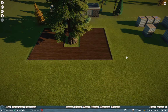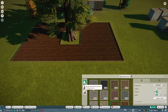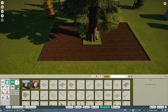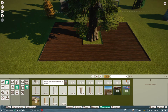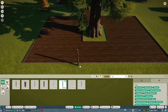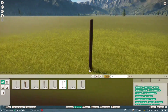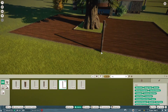Okay, so before we do anything, I want to try to make a sign. So let's look at our construction. This is one thing that I love about the game, is that you can be so creative with whatever you want. And I just love that. Log, because we're going for a northwest feel. So I think if we have a sign that says the True North Trail, and then maybe,